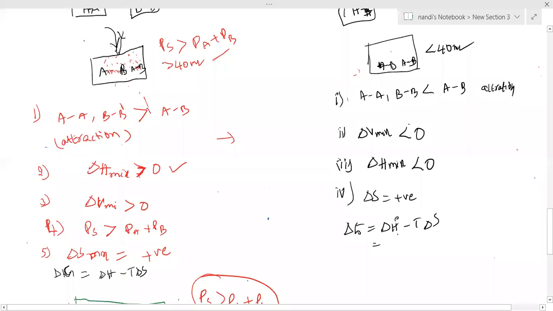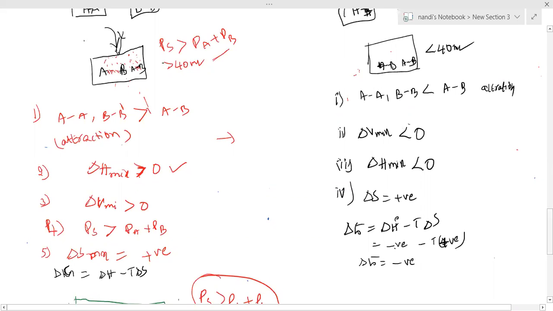Suppose this is positive, so less than, or negative only, this is negative deviation. This is a negative value. Then minus T delta S, and delta S is positive, sir. So you can check it. Minus value, and this is minus of minus, minus. So is delta G positive or negative, sir? Negative. So this is also spontaneous.